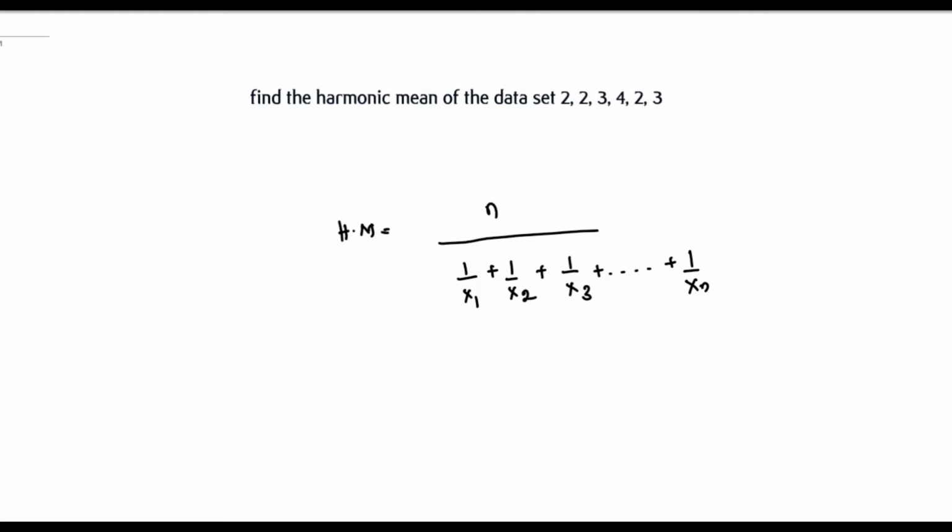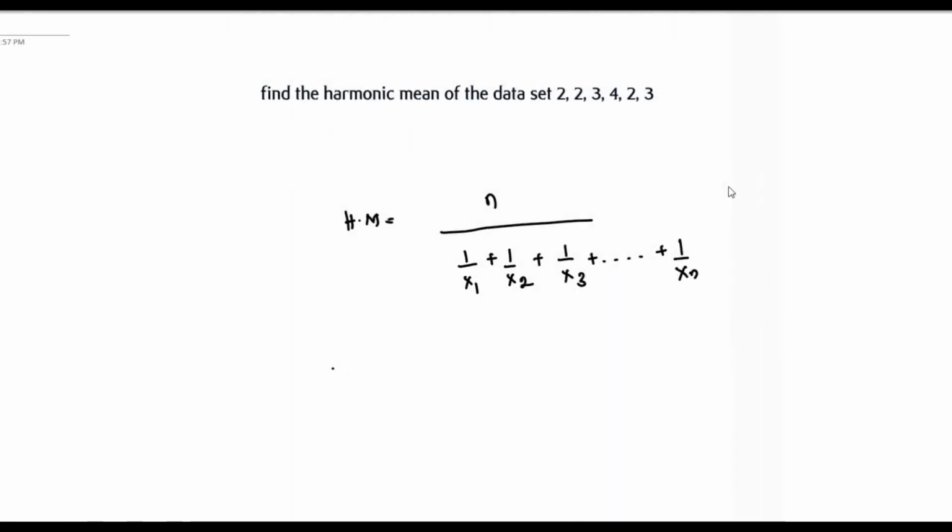So in this case of ours, our sample size n is equal to 6. So that means we have 6 data sets. So we'll substitute the parameters into the formula. We have that the harmonic mean is equal to the sample size, or the size of our data set rather,